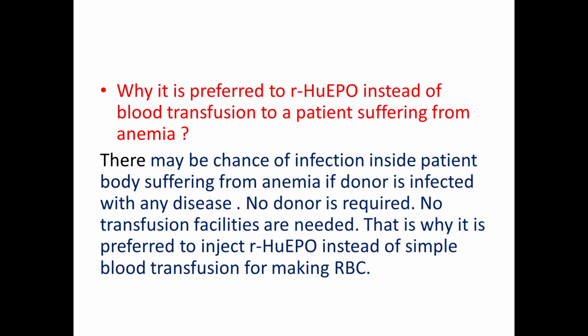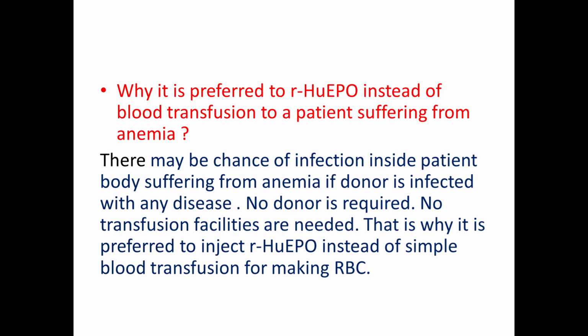Next is, why is it preferred to use recombinant human erythropoietin instead of blood transfusion for a patient suffering from anemia? The main function of erythropoietin is just to make RBC. If the gene responsible for erythropoietin is defective, then no formation of RBC occurs in the patient and the patient will suffer from anemia. But if you inject the